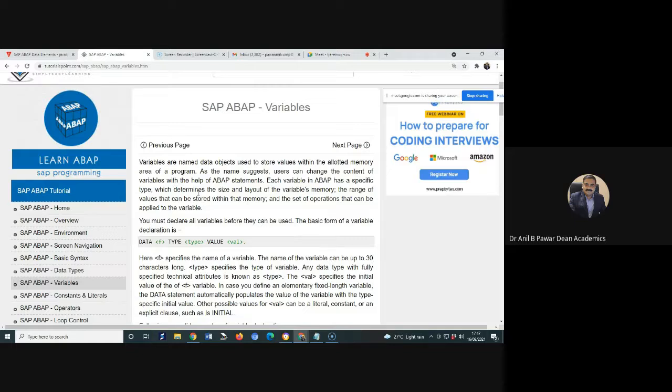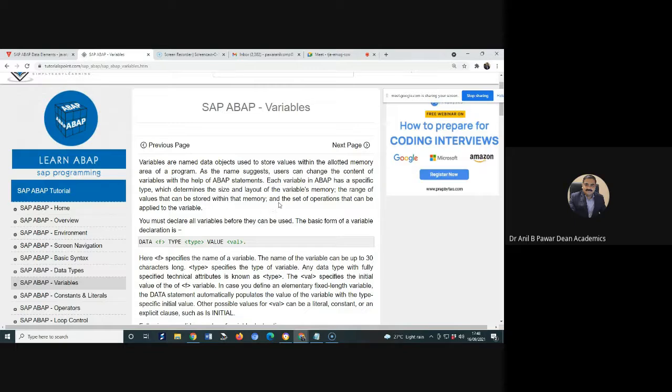Each variable in ABAP has a specific type, and the specific data type is given to it to determine the size and the layout of the variable's memory. Obviously, when I declare any variable of, suppose, number type in ABAP, then 4 bytes will be given to that variable. That detail has to be determined, and it is required as part of our programming language.